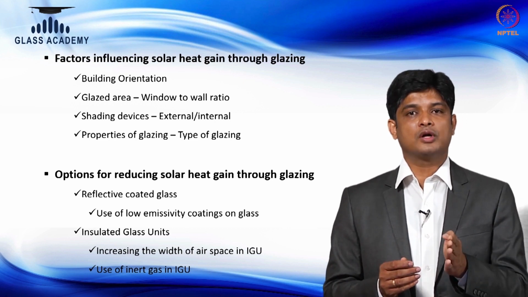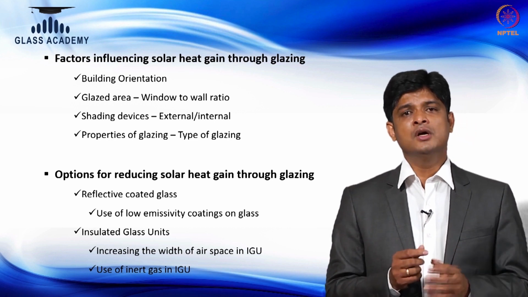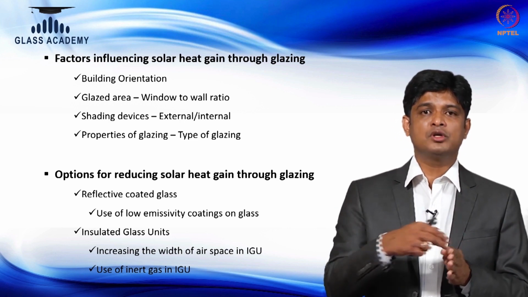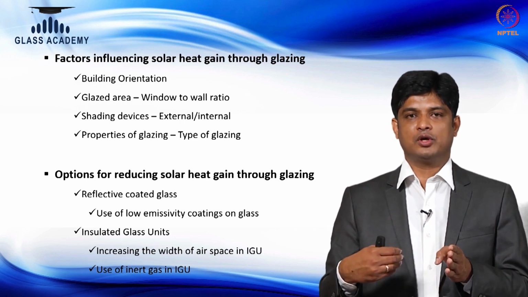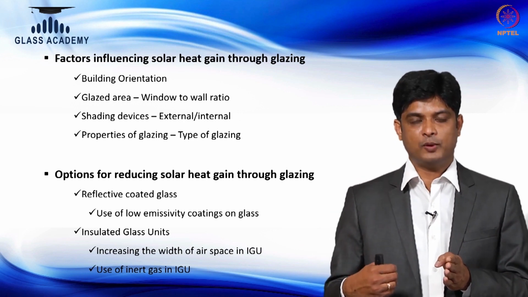So you have an outer coated glass, you have a 12 mm air gap, and you have an inner clear glass. Which helps you to disconnect the solid member, so that the heat transfer has to pass through a solid and then a vacuum and then a solid member. So it helps you to reduce the percentage of heat transferring from outside to inside.